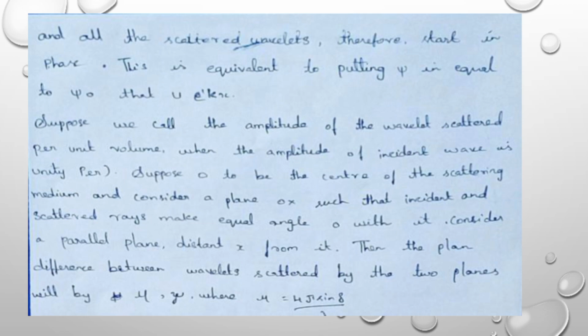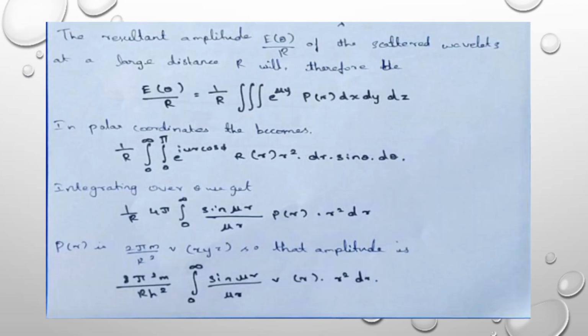Psi where mu is equal to 4 pi sin theta by lambda. The resultant amplitude E naught by R of the scattered wavelet at a large distance R will therefore be E naught by R is equal to 1 by R triple integration e^(i mu r) rho(x, y, z) dx dy dz. In polar coordinates this becomes 1 by R integral 0 to infinity, integral 0 to pi, e power i mu r cos theta